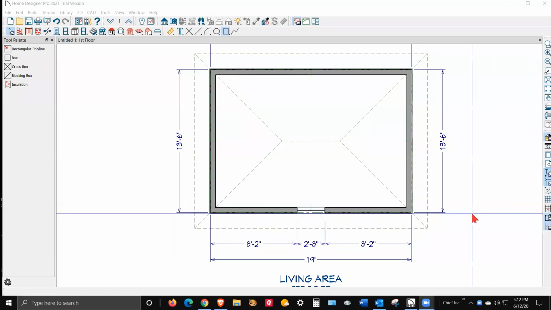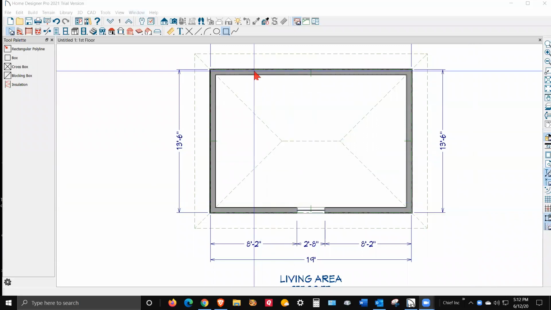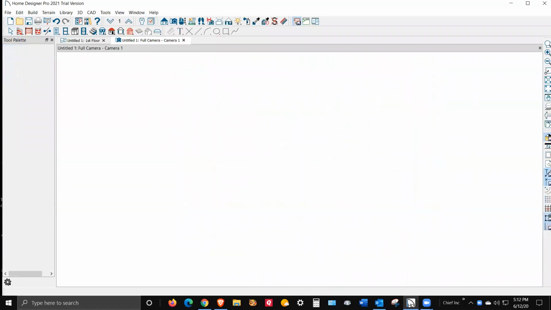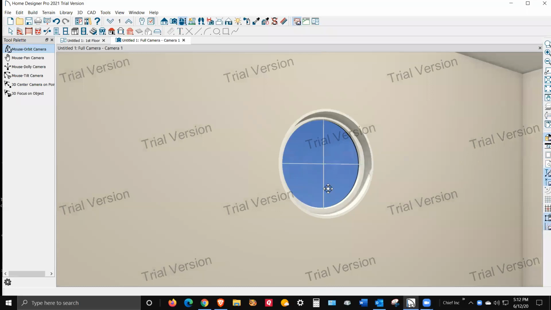Hi, I got my trial version of Home Designer Pro open. I created a simple plan. Take a look at it. I put a window in there and made it into a round window, and then put some dividers in there. And those dividers are 1/8 of an inch. The ones in your picture,